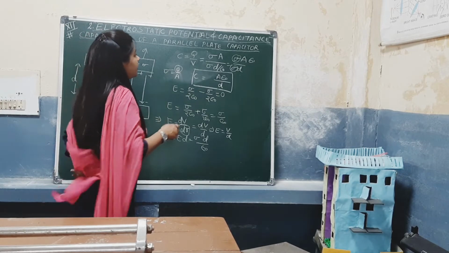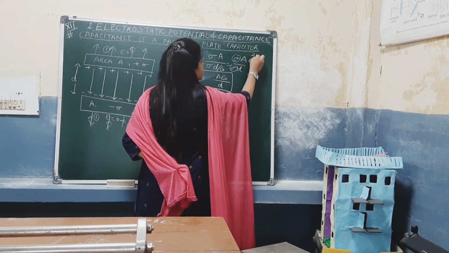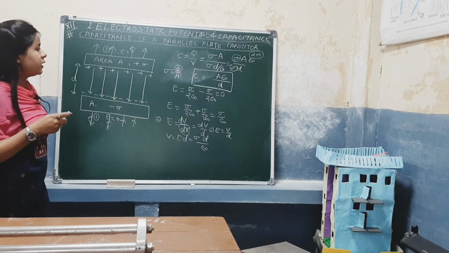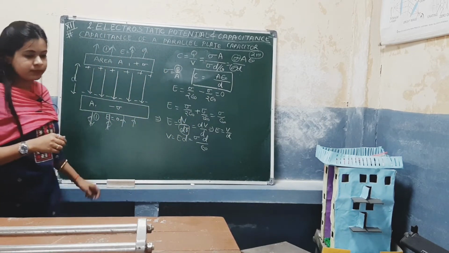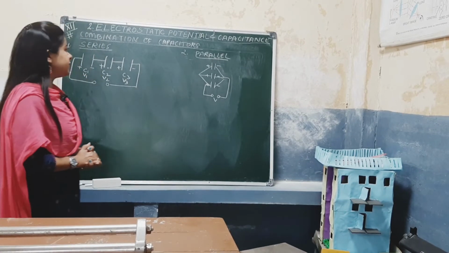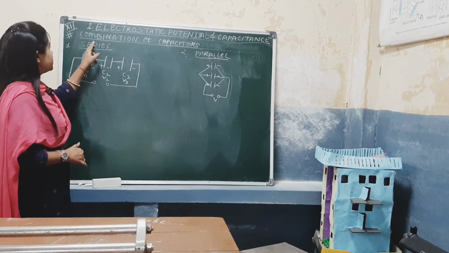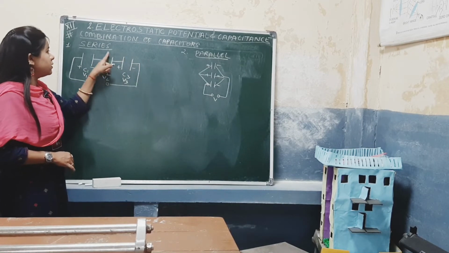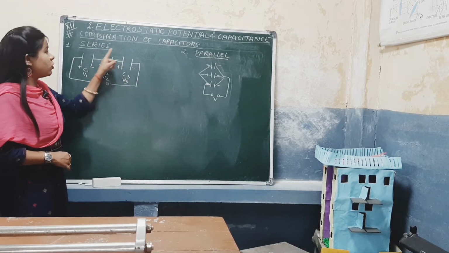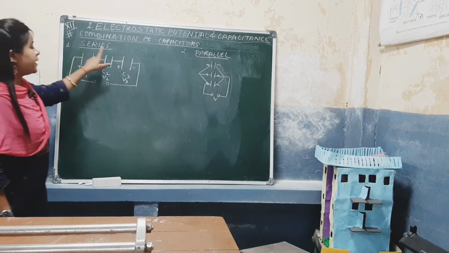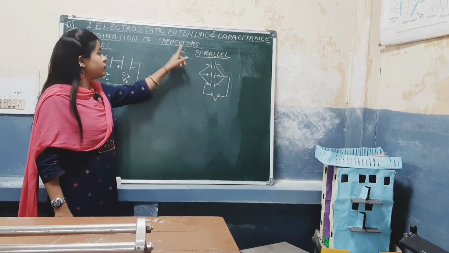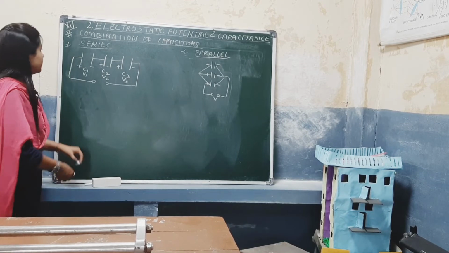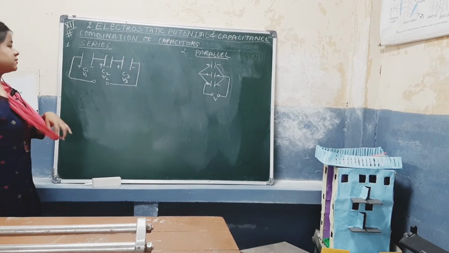This concept derivation comes out in our examinations of 2 marks, and the numericals on this topic come out to be of 3 marks. In this series of lectures we will study combination of capacitors. There are two types of capacitor combinations: series combination, and the second one is parallel combination. So we will study both of these. First of all we will focus on series combination of capacitors.